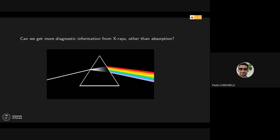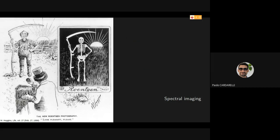So, where can we get more information with respect to just the simple attenuation of the X-rays that we have discussed until now? Here I put this picture because it's cool, but the idea is that you can see the two processes, or ideas, that I want to discuss. One is the spectrum, the different energies that we can find in the radiation, and the other is the process of diffraction, or the change of phase of the radiation while it goes through a process of humidity. So if we start with spectral imaging,